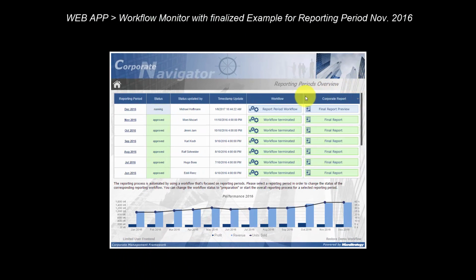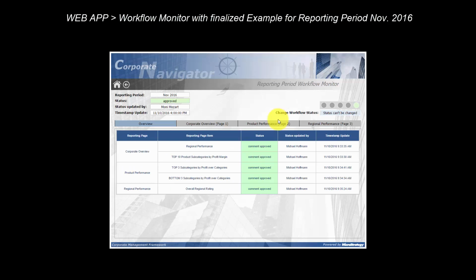The workflow monitor gives us the status of the overall process. A traffic light to the right indicates the same status. When the status of the overall process has been changed, the user who changed the status as well as a timestamp is written back to the database. The overview sheet outlines the single reporting pages, including their status, that define the overall corporate report for the selected reporting period. The other sheets are linked to these single reporting pages and give us more details about the commenting